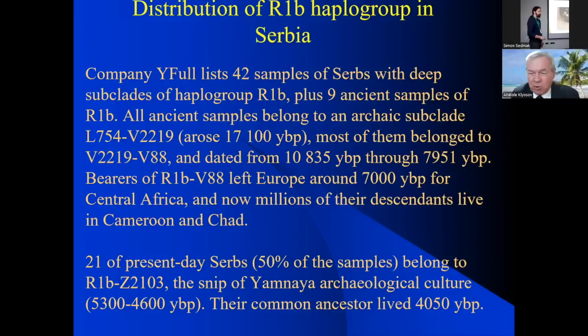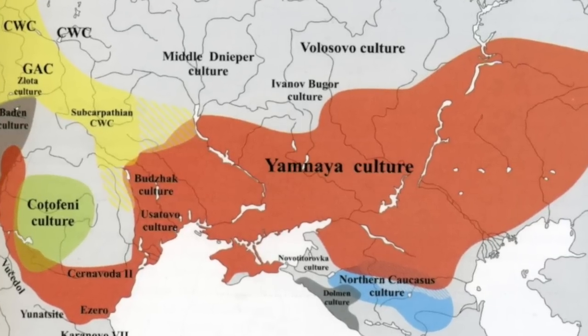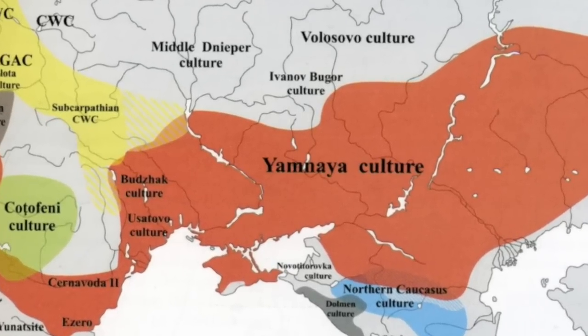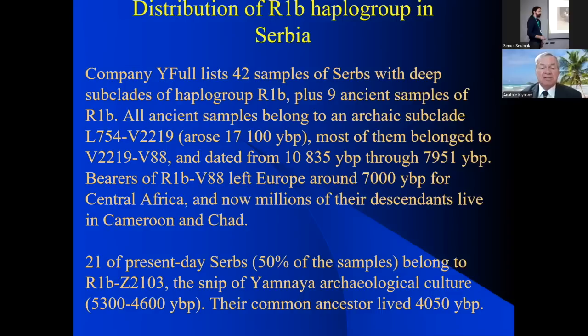Now, 21% of Serbs belong to a different SNP, Z2103, which is almost absent in Europe. And this is the SNP of the Yamnaya archaeological culture. The main sites which archaeologists find of Yamnaya culture are on the Volga River. And there is a belief